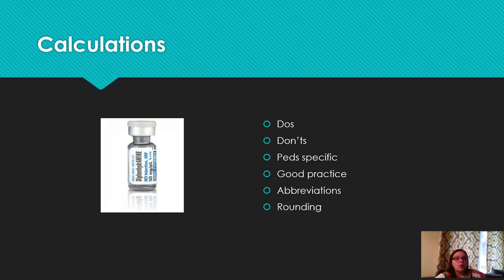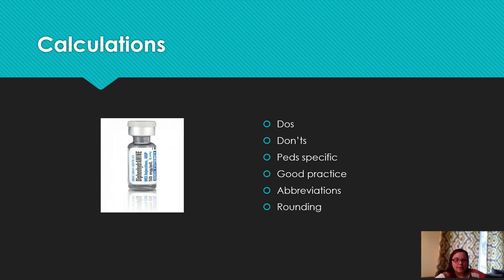Other: don't use a trailing zero. So if the answer is 87 mLs, it's just 87, not 87.0. Why? Because someone could accidentally misread that as 870, and that's a big problem, right? I wrote peds specific, and that's really just relating to how